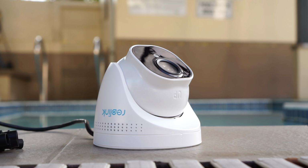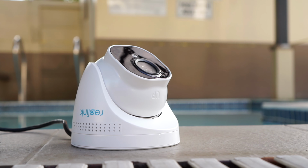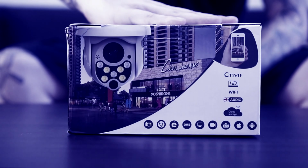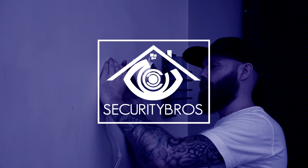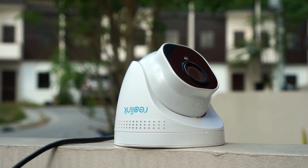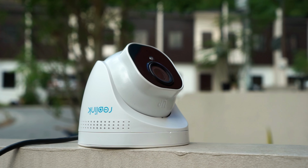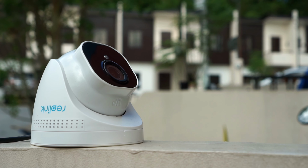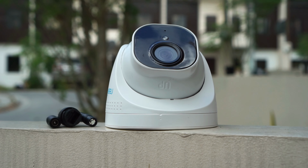Today we are going to take a closer look at the Reolink RLC-520 5MP POE turret IP security camera. This is a newly released camera from Reolink, and I'm guessing this is an upgraded version of the old RLC-520 in both design and performance. This camera would be great for any home or business looking for an affordable, easy to install lightweight turret camera